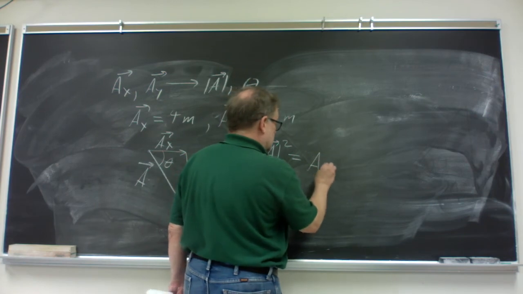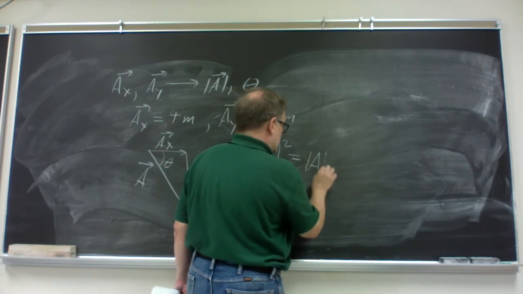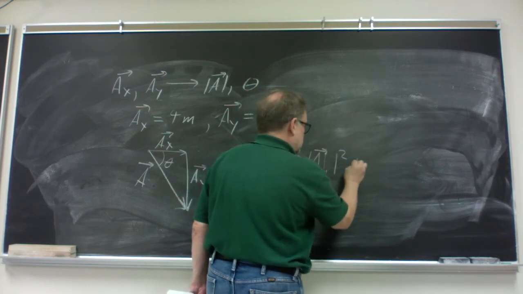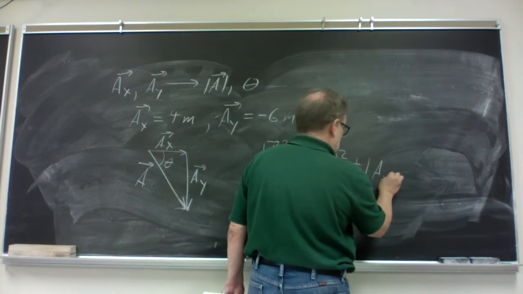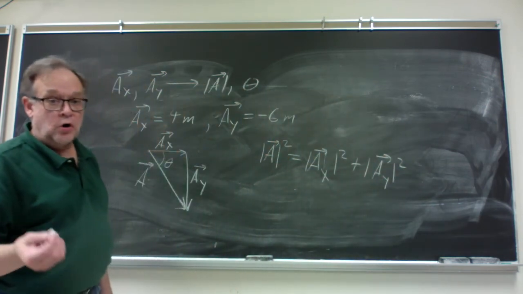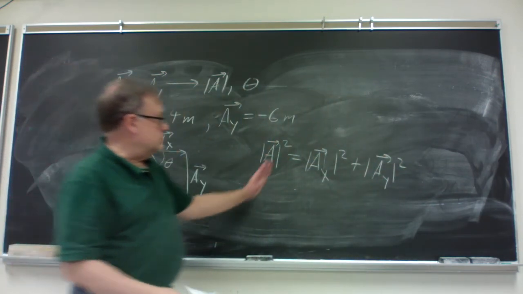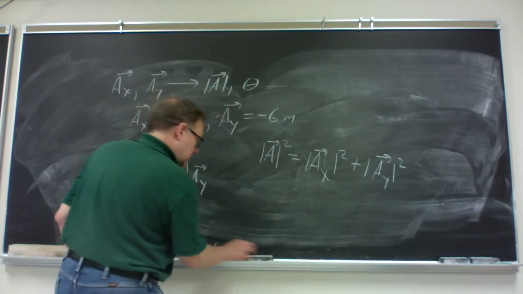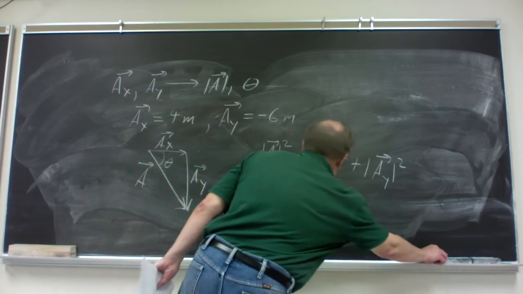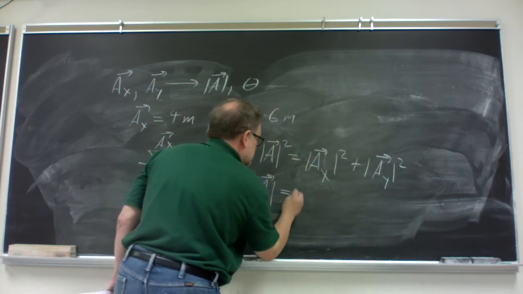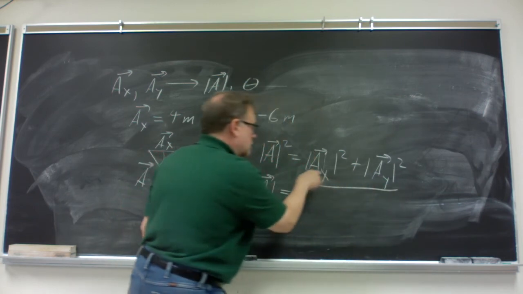So the sum of AX's magnitude squared plus AY's magnitude squared, or the magnitude of A itself is just the square root of all this. In other words, magnitude of A is just the square root of